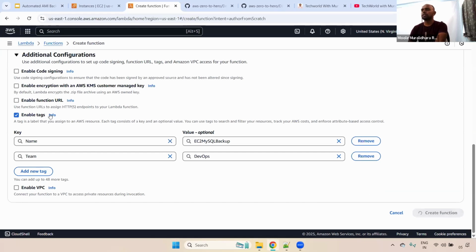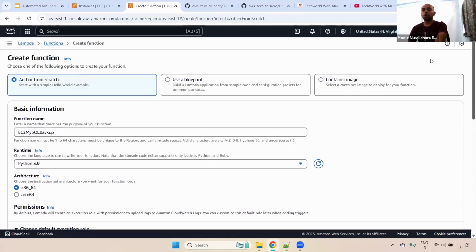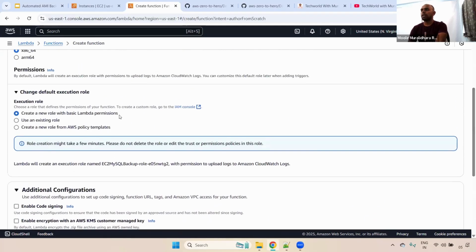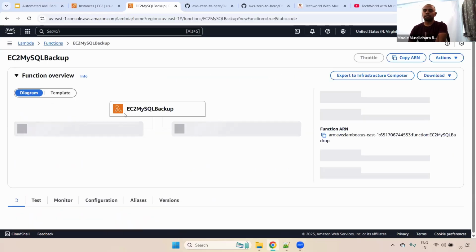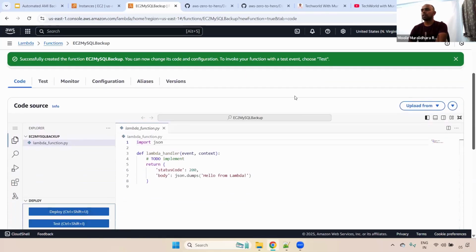Now, once you create the function, what will happen? It will create the Lambda function, and also it will create the IAM role as well. The particular IAM role contains the basic Lambda permissions. Now, if you see here, the Lambda function is created. This is our EC2 MySQL backup, and this is our Lambda function. Okay, clear, right? Now here you can see in the code,